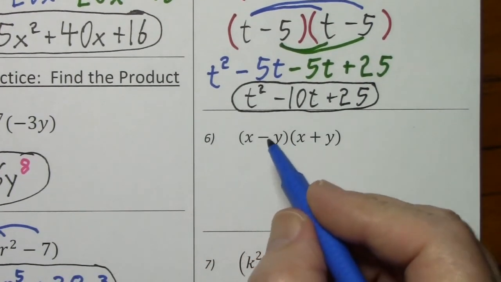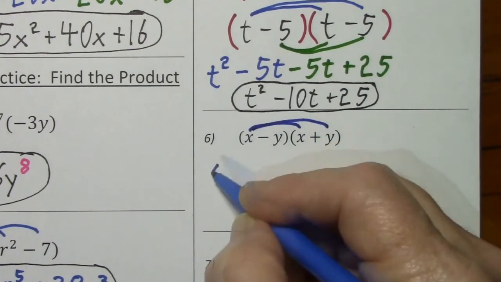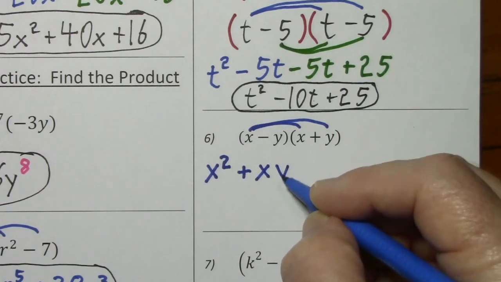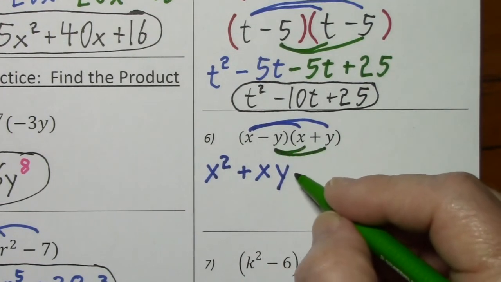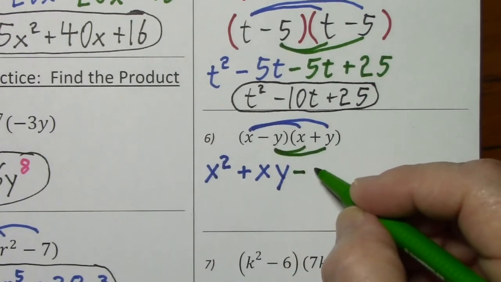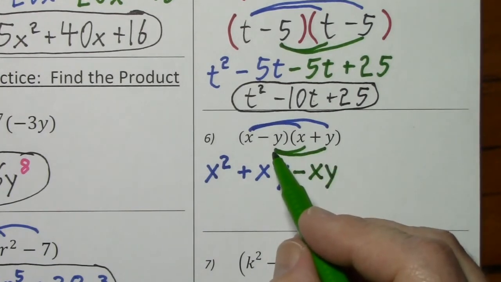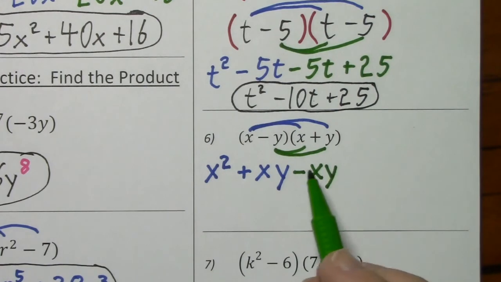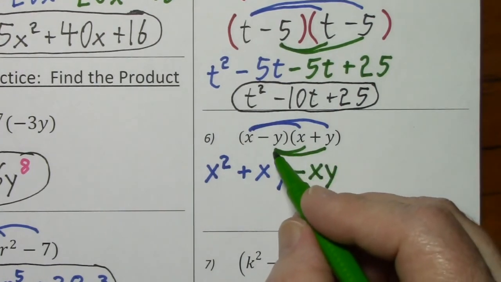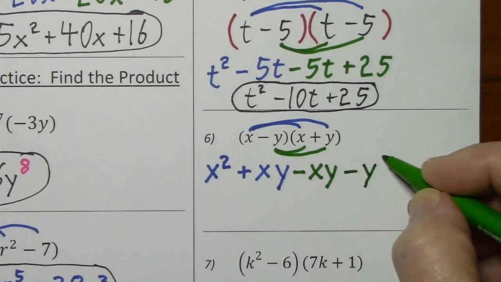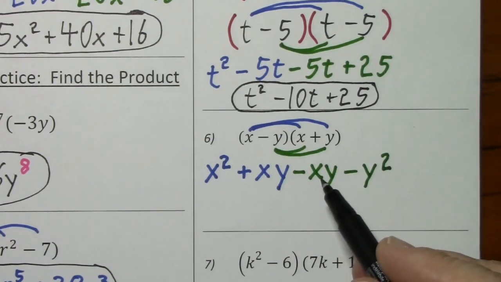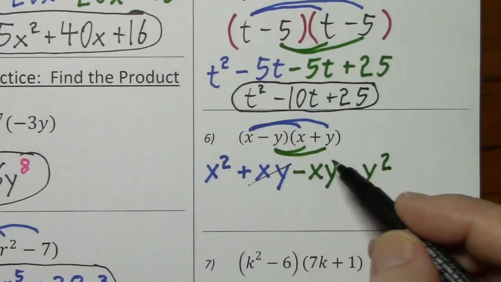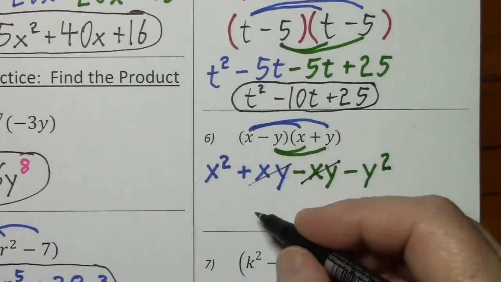Looking at number 6, distribute x to each term. Distribute this -y to each term. And I'm going to write this as xy. So when I multiply -y times x, I could write -yx, but I prefer to write -xy so it matches this term very clearly. And now notice what happens here. Once again, these terms are the same. The signs are what's different. The middle terms cancel out. So we're left with